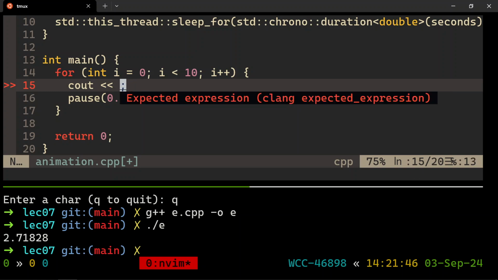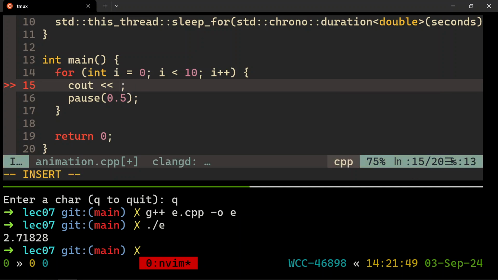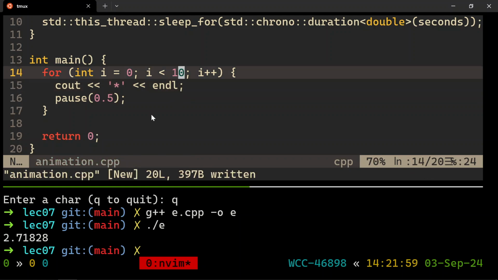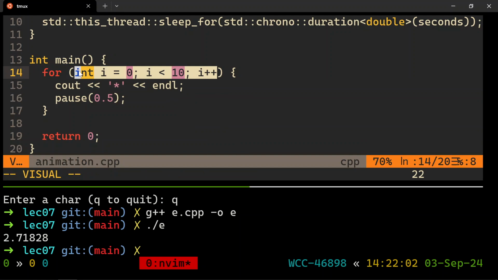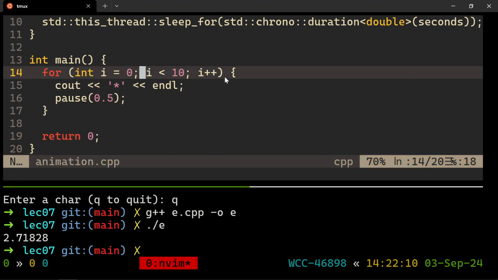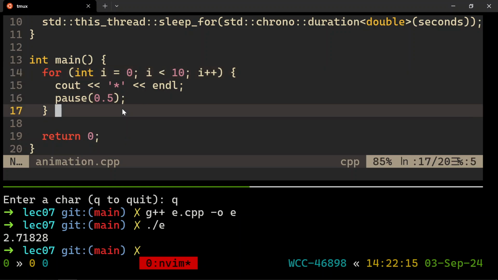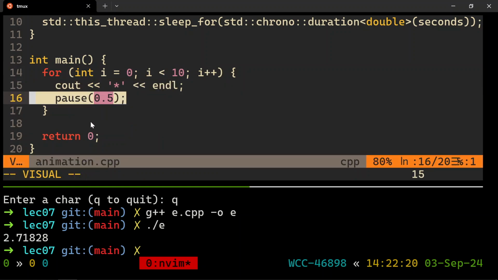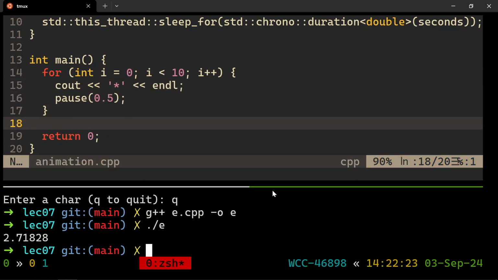I'd like to print a single star, please, 10 times. And for this, star and a new line, let's say. This is an interesting example of a loop. This is the more common way to loop 10 times. If you're not actually using i for anything, most programmers like to start their variables at 0 and then go up to strictly less, so from 0 to 9. It's still 10 times, but it's less typing technically because you don't have to type the equal sign. So that's probably why we all prefer it. But this is going to loop 10 times, printing a star, stopping for half a second before it continues for more.